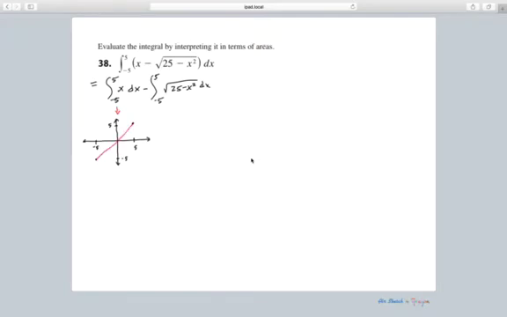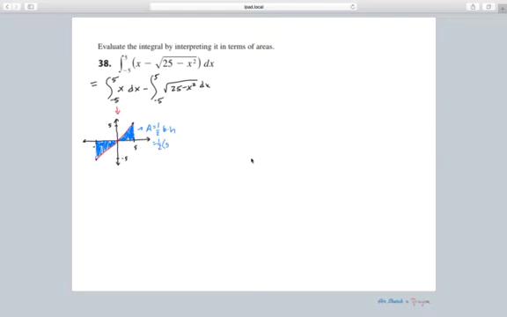All right, so geometrically what I have here is two triangles, right? And we know that the integral represents the area between the curve and the x-axis. So up here, we have positive area, and down here, we have negative area. Since these are going to be symmetric areas, I could find the area, and I'll do that for you. Area of a triangle is just half base times height. So that'd be half